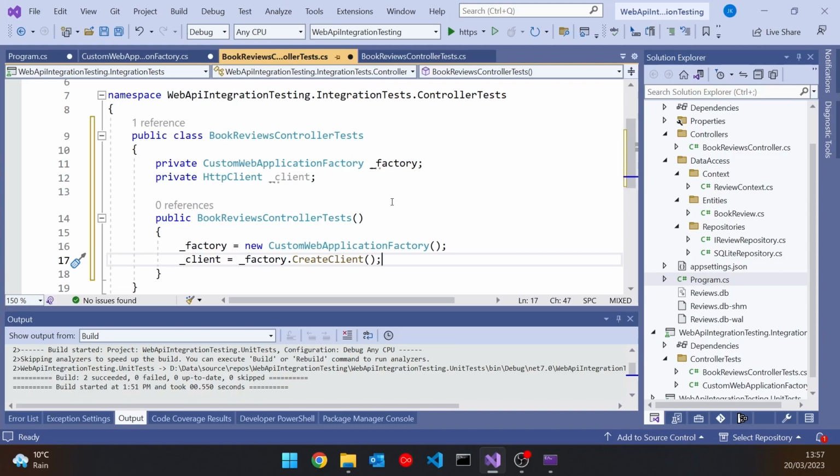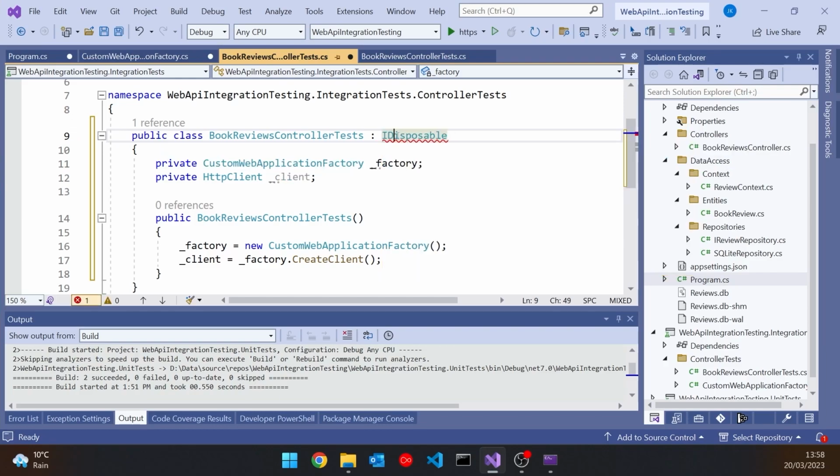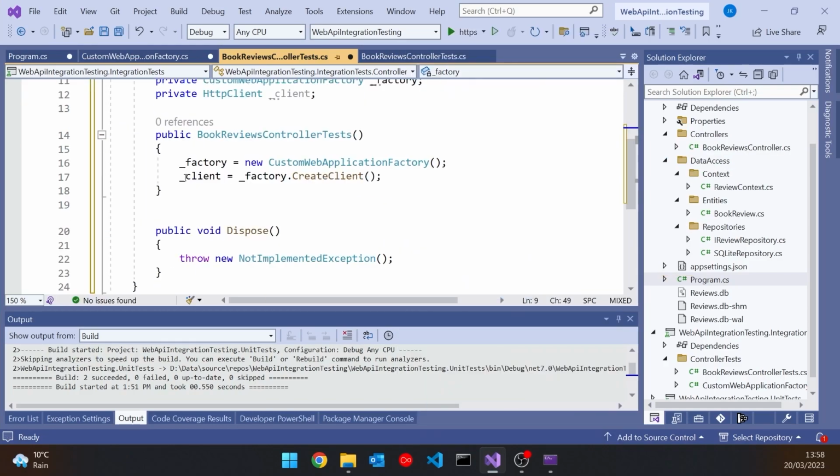Now, something we've got to watch out for, both of those, the HttpClient and the factory, are disposable. And so we've got to dispose of them. So we need to make the test class itself disposable, and then implement the interface. And then in the Dispose, just call Dispose on each one of those like that. And bear in mind the way that xUnit works, for each and every test, we will create and then dispose of the class. So this will be done once on each test. We're getting a brand new factory, a brand new client for each test, which is what we want.